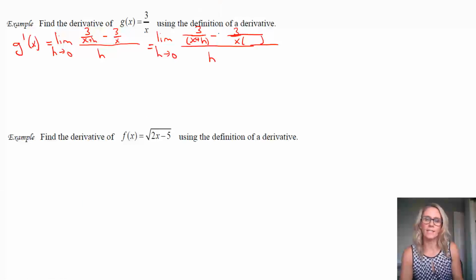So the big thing to see with that is those, although they share like terms, you have an x and you have an x, they do not share any common factors. X and x plus h do not share common factors because it's x plus h, not x times h. Because of that, the lowest common denominator is the two things multiplied together. So this fraction needs an x, this fraction needs an x plus h. So then, of course, the top needs it as well.